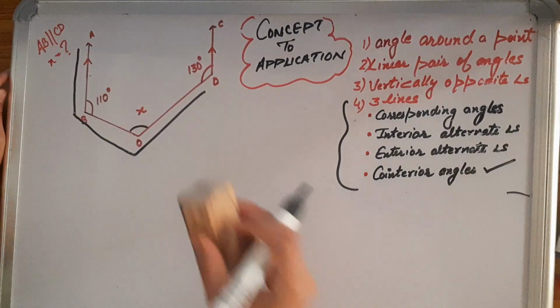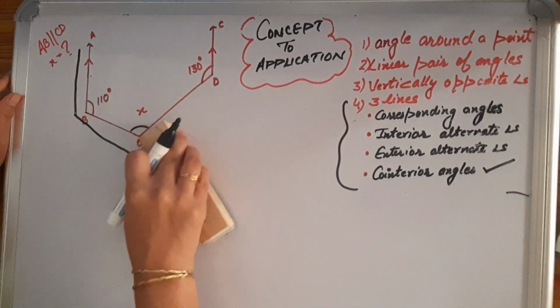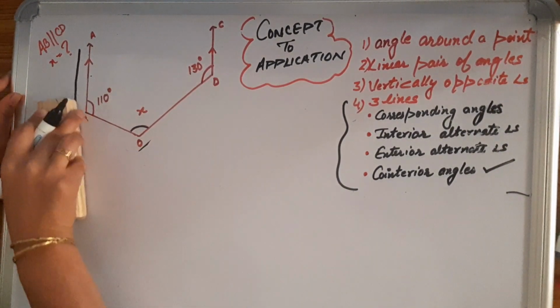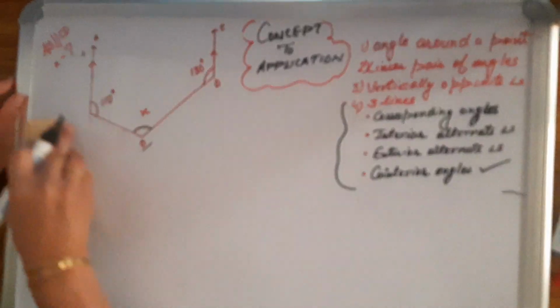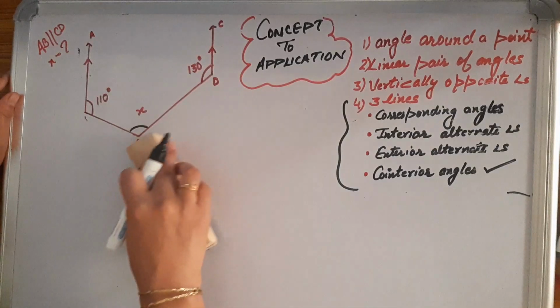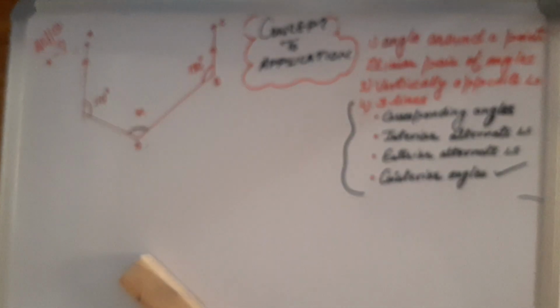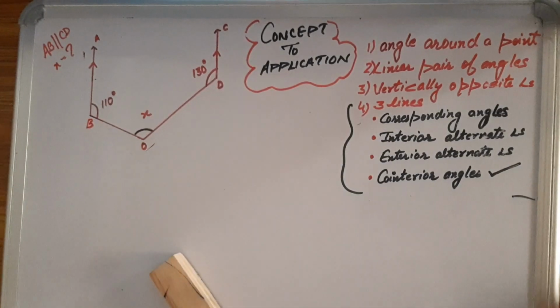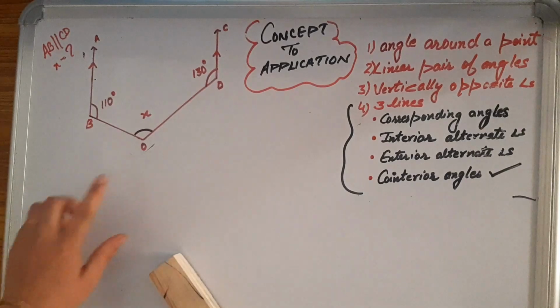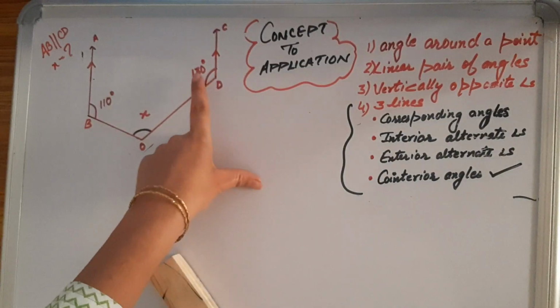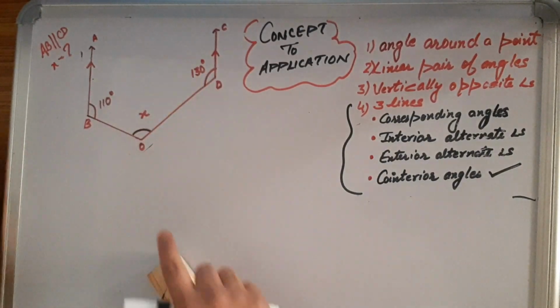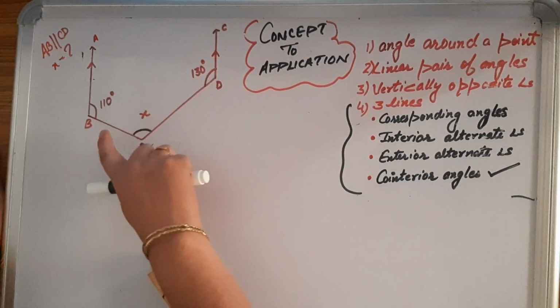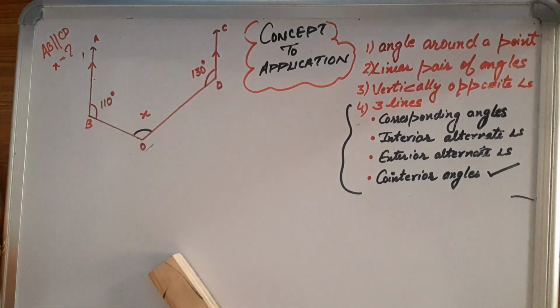So here we get to know that this is how you should proceed while doing your sums. Can I do it? Do I have a logic for it? Will it be correct? Do my concepts allow me to do this? This is how you should do it. So these two lines are not parallel. Can we sort out x with 130 degrees? Again there is a U, but again these two lines are not parallel. So this is not helping us in any way.